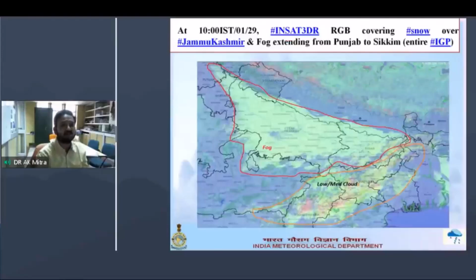Now, similarly, from this RGB, from J&K to your entire IGP, we are giving forecasts, and it is clearly delineating where the fog is and where the low and medium cloud is. Earlier, in 3D 3DR, we couldn't do that because we did not have the MIR and SWIR channels. So in this imagery, you can see this is very useful, and people are demanding, particularly